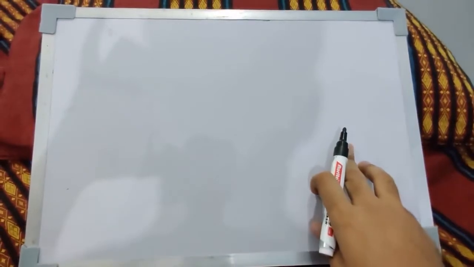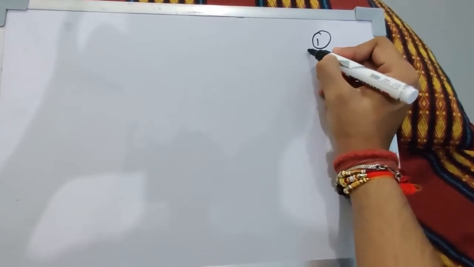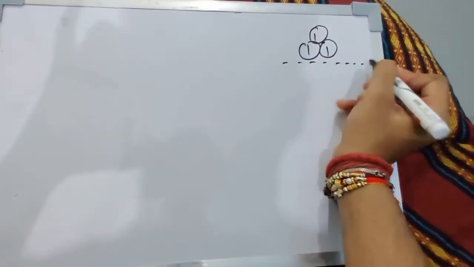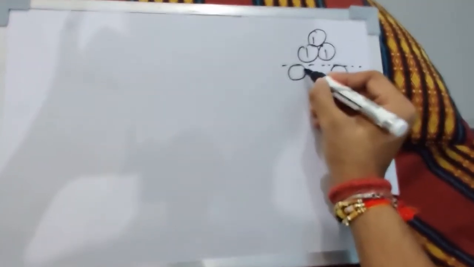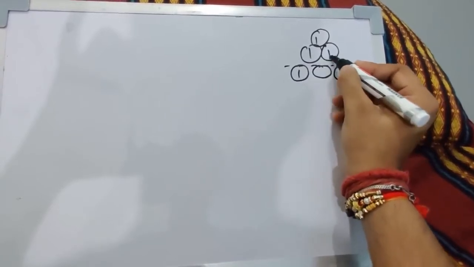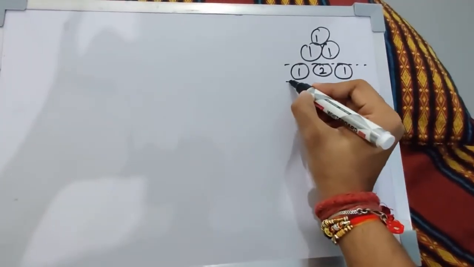Okay, so let's see the detailed explanation. Let me take an example first. So we have one, okay, and then we have one here. After this the main thing starts. What do we have after this? At the end of both nodes, we will have one, and in the middle for the third row we will have the sum of these two values, so it will be 2, right?